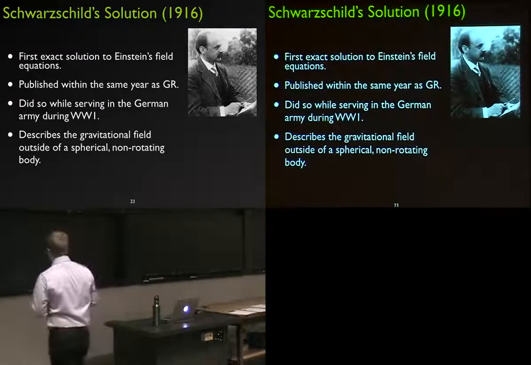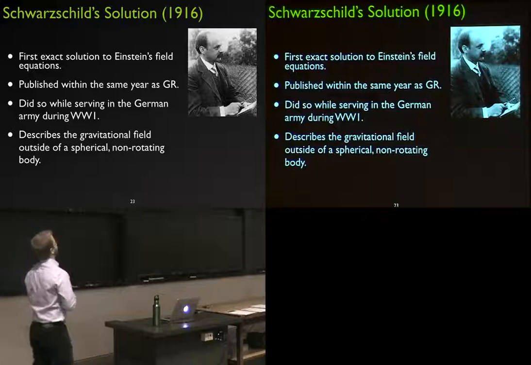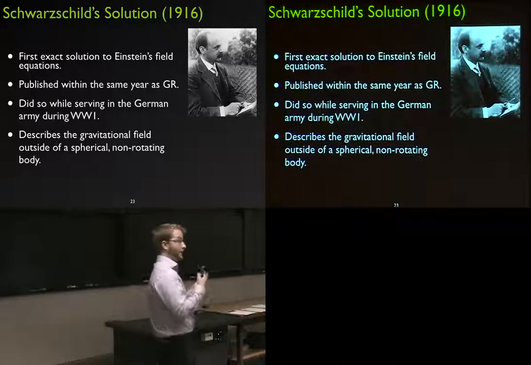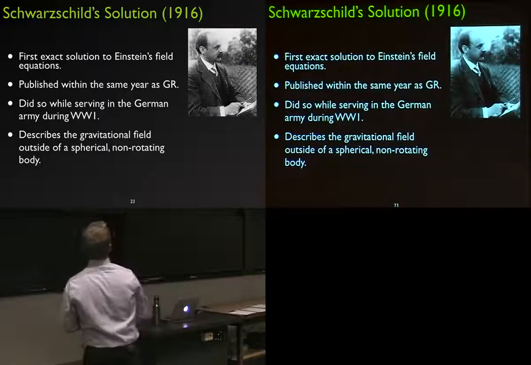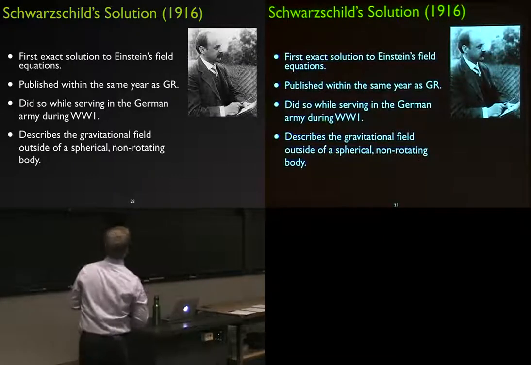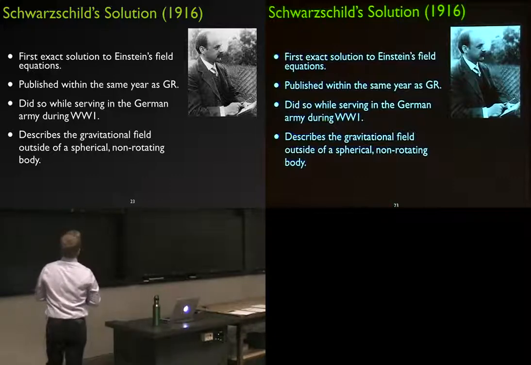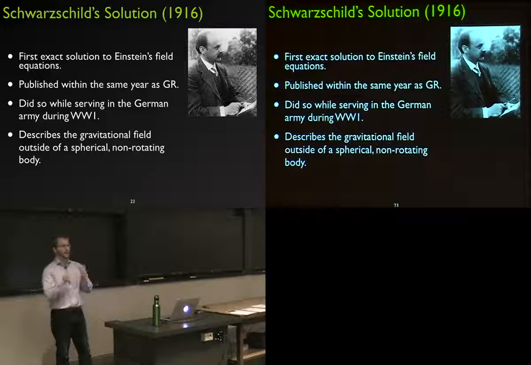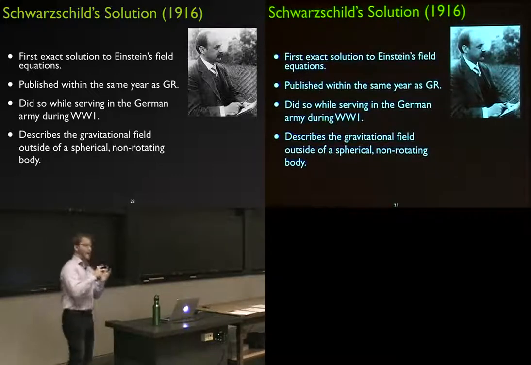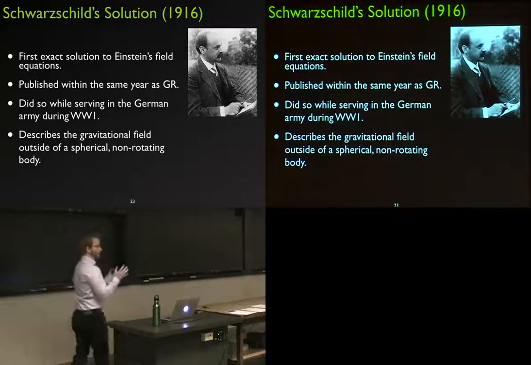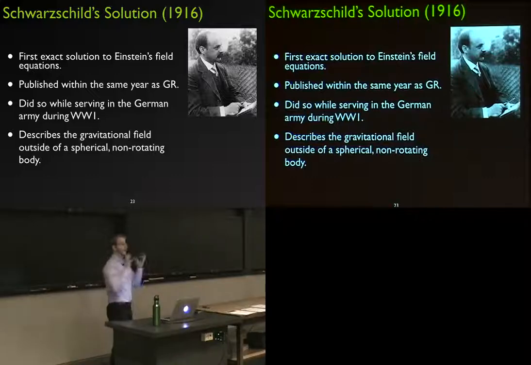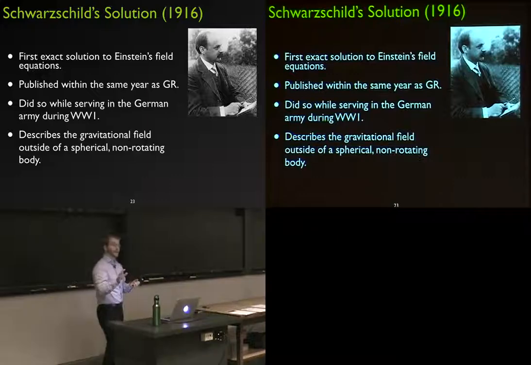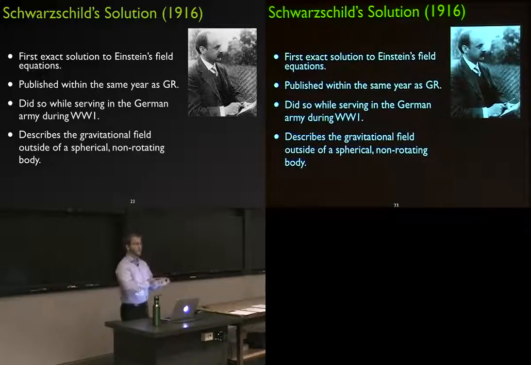Schwarzschild put forward the first exact solutions to these equations in what seemed like a simple physical system, but it turns out to have really important implications for astronomy. He published it the same year General Relativity was published, and it describes the gravitational field outside of a spherical, non-rotating body. So if you imagine the sun, for example, and ignore that it's rotating, what does the curvature of space-time around it look like if you ignore the effects of all the planets? That was what Schwarzschild's solution described.